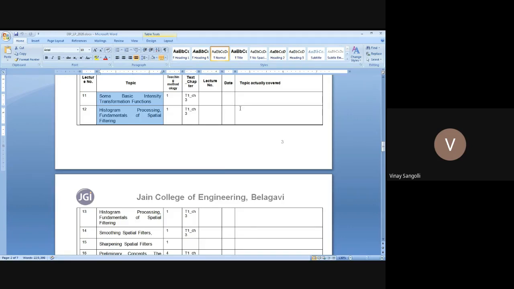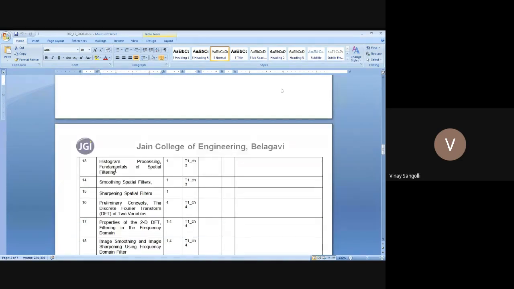What is a histogram and how is the histogram analyzed? How do you study the histogram? All those things we will be going through in your module number 2. Then going ahead, to do all these things, we require one major thing, which is filters. So we'll be going through these filters. We have various filters which have to be studied, so we'll be studying the various filters. That will be covered in your module number 2.